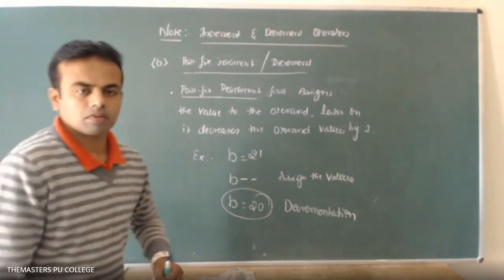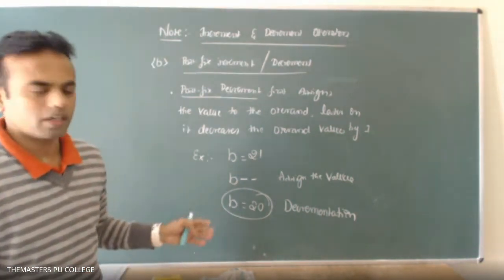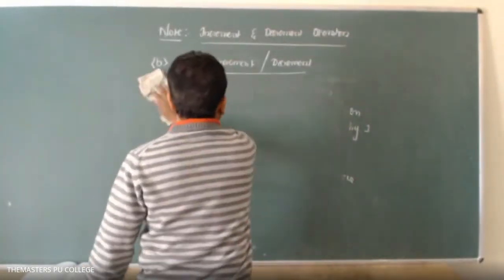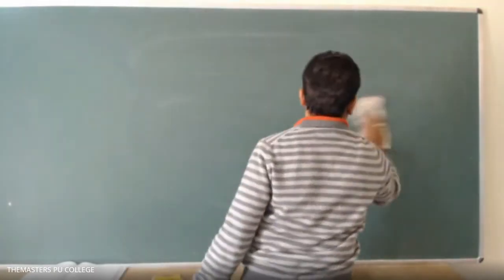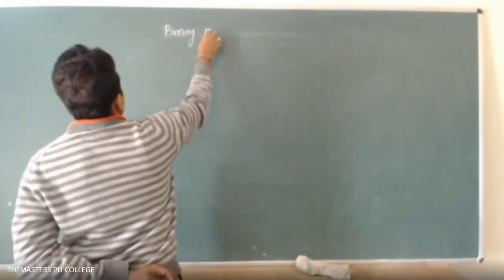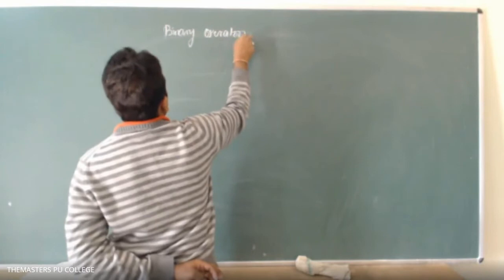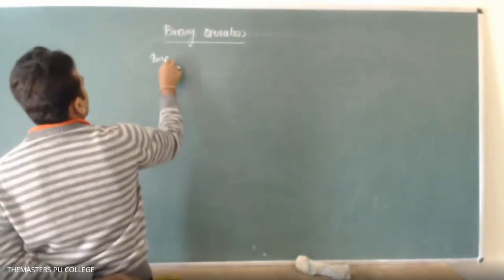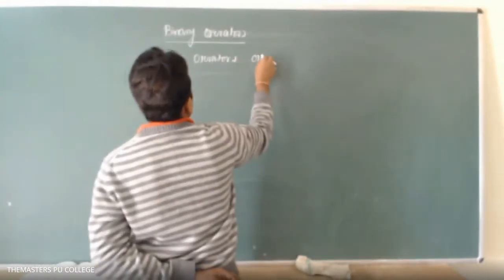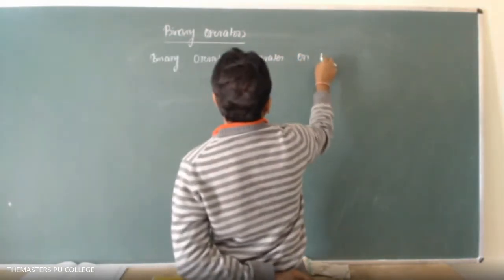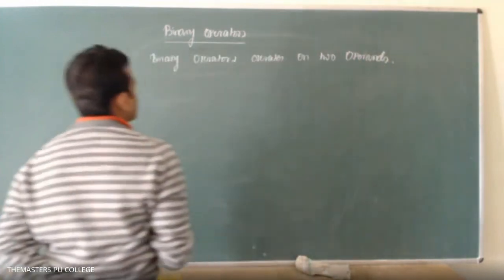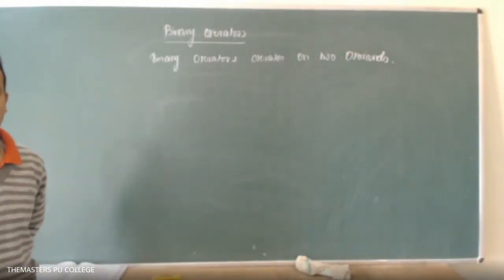Is that clear? Yes, sir. Right, next, binary operators. As we know, a binary operator operates on 2 operands. Binary operators operate on 2 operands,